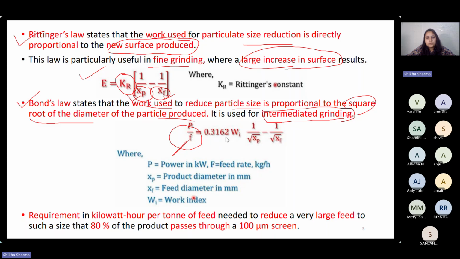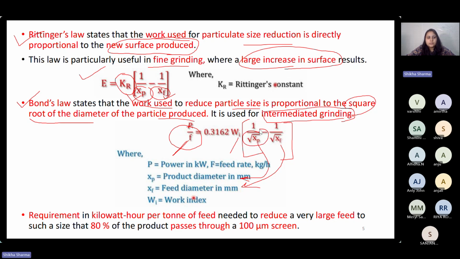Equals 0.3162 into W, where W is the work index, multiplied by, in brackets, 1 upon square root of xp minus 1 upon square root of xf. Xp is the product diameter in mm and xf is the feed diameter in mm. So this is basically the square root of the